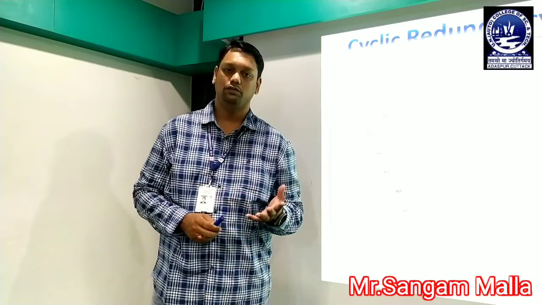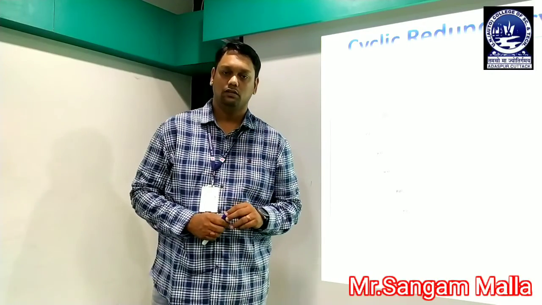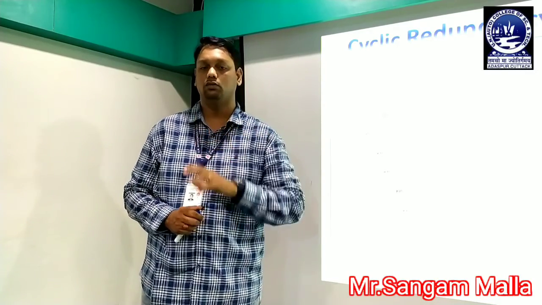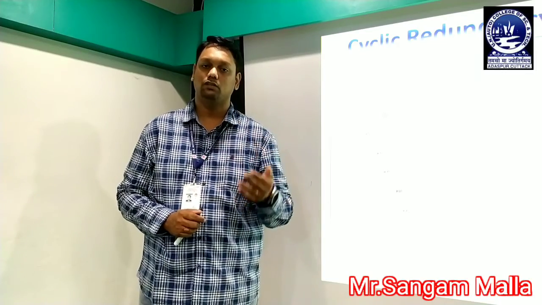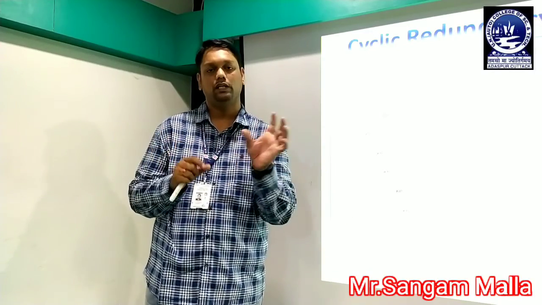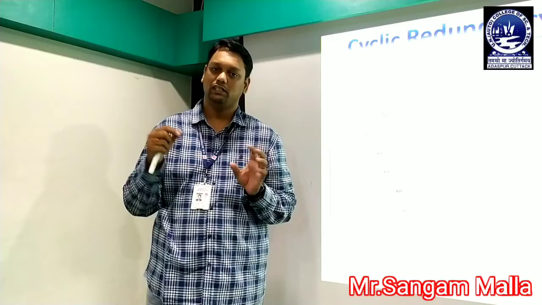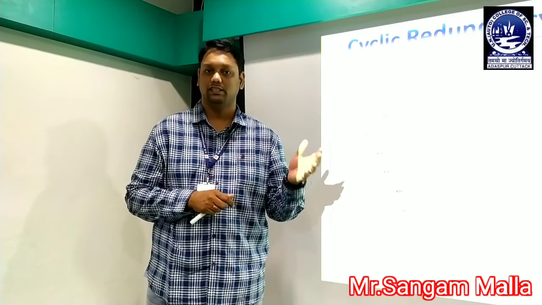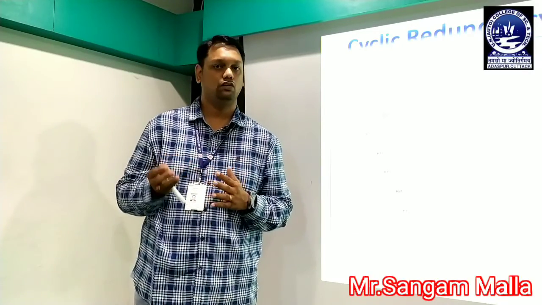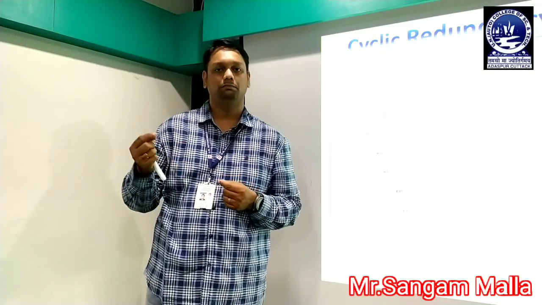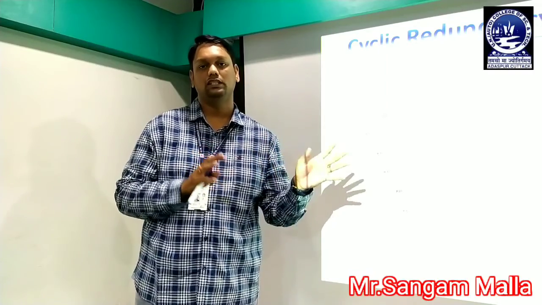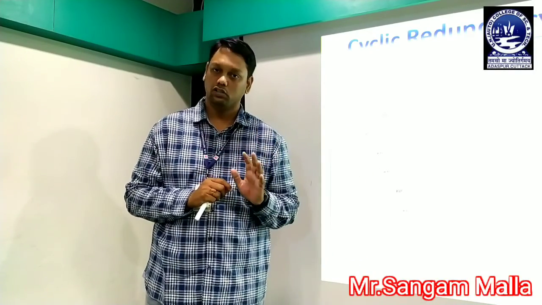In today's video we have learned about the types of error detection code, that is, the parity bit. In case of the parity bit we are concerned about the parity; we have already discussed what even parity bits and odd parity bits are, and how to add the parity bits. Whenever we take in data, we add the parity bit, that is, either 0 or 1. It is added at the sender side and received at the receiver side. It is actually for detection of errors. If any error arises, the parity bit will change, and accordingly we will be conscious of the change or error in the original data.